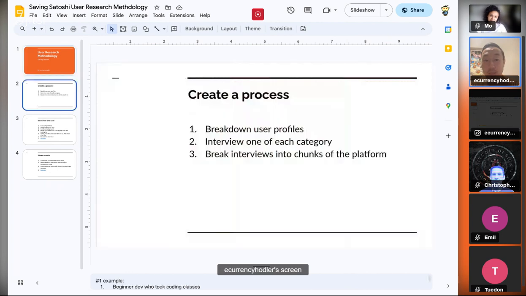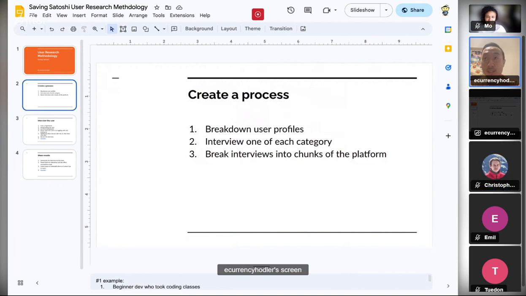So let's talk about creating a process. What I did was I created several user profiles. This was important for us because we weren't exactly sure who our ideal target audience was, and it's something that we're still not super clear about. There are 3 profiles that I looked at. One was a beginner dev who took coding classes. The second one was a senior developer, maybe not super familiar with Bitcoin. And the last one was a Bitcoin expert, someone who's coded on Bitcoin, maybe even submitted a pull